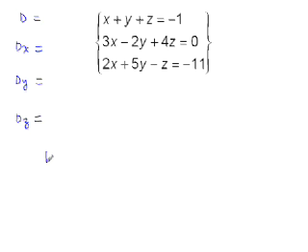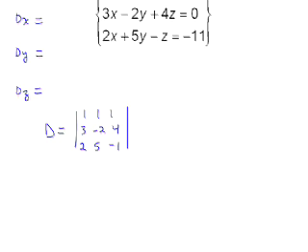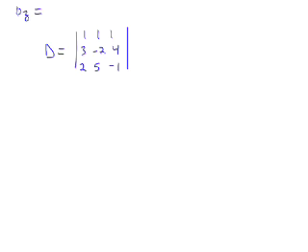Determinant D is found by taking the determinant of our coefficients on our variables. So we have in row 1, or equation 1, 1x plus 1y plus 1z equals negative 1. Second equation, we have 3x minus 2y plus 4z equals 0. And our last row, the coefficients on our variables 2, 5, and negative 1. So now we need to compute this 3 by 3 determinant, and the method that we will use is called